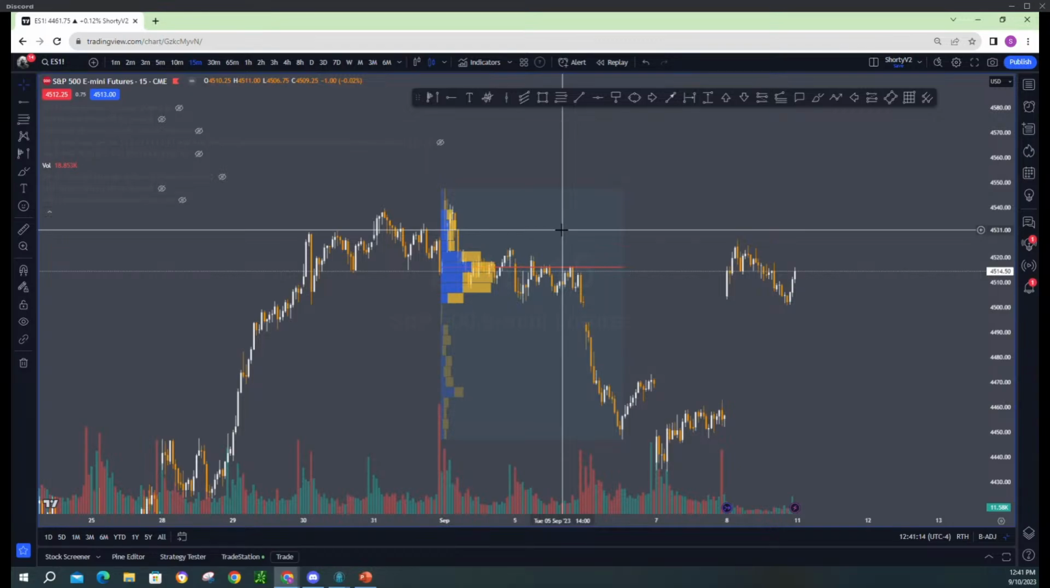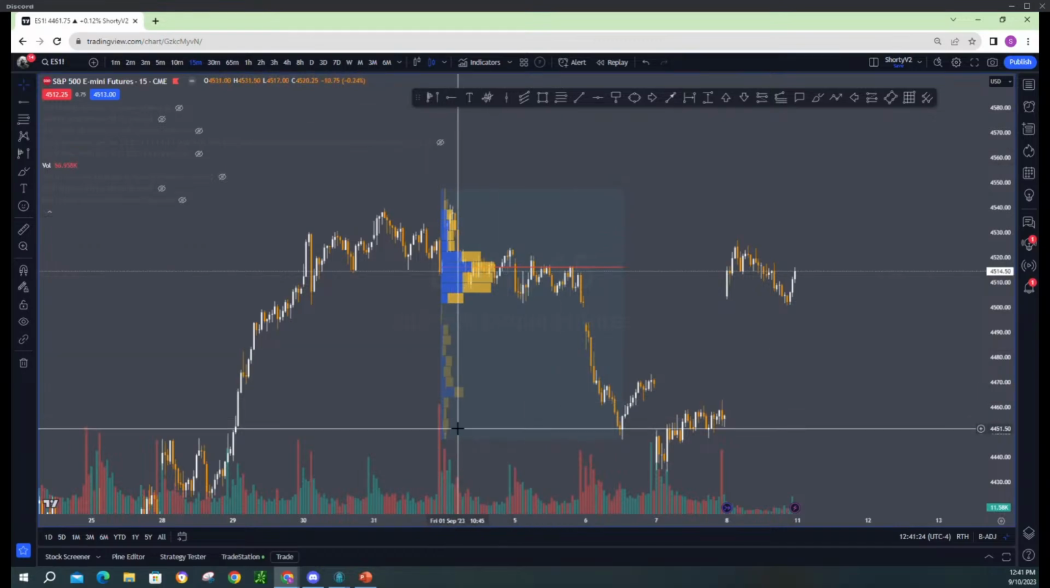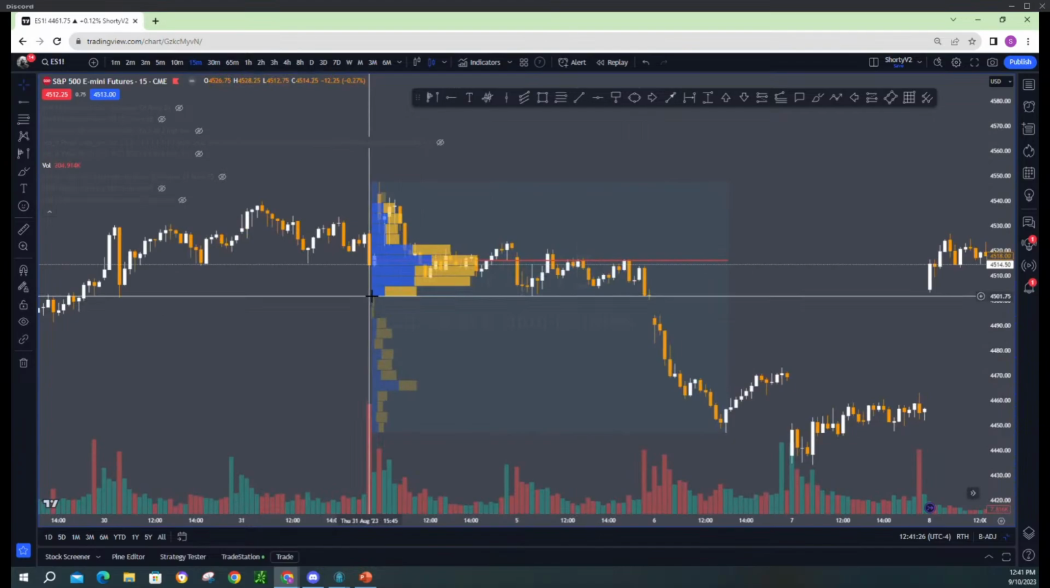Nobody's even lifting the price. No, it's going to trigger a new auction, right? That's how it works. And then you can tell where the single prints are, for instance,